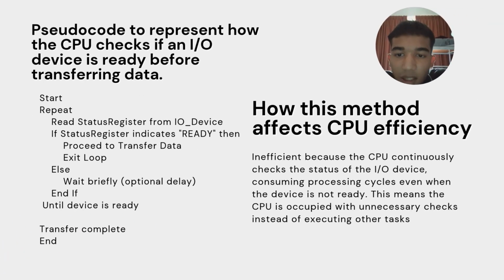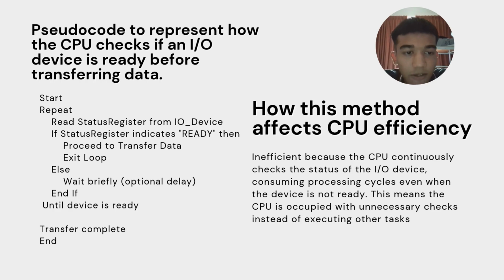Pseudocode to represent how the CPU checks if an I/O device is ready before transferring data. Start and repeat read status register from I/O device. If status register indicates ready, then proceed to transfer data. Exit loop. Else wait briefly, and repeat until device is ready, transfer complete, and how this method affects the CPU